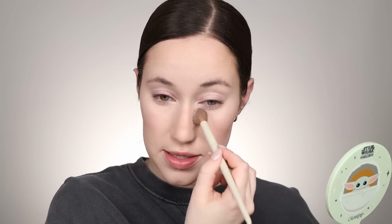All right, I'm gonna set the face. I'm gonna use the Laura Mercier translucent blur powder, and I'm gonna use this under the eyes and in the T-zone, and then I'm gonna take a different brush and lightly set the outside of the face too. Okay, I'm gonna fill my brows with the Anastasia brow definer in the shade medium brown, and then we're gonna do a really quick eyeshadow look,